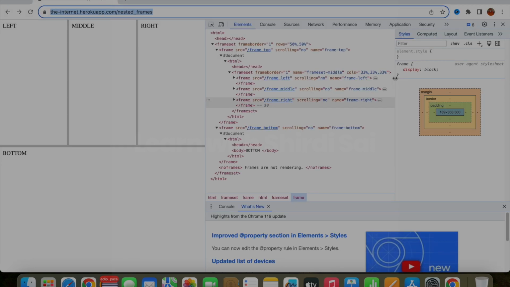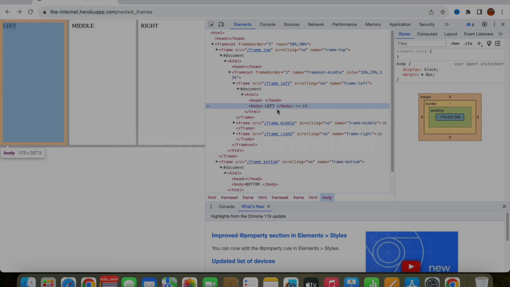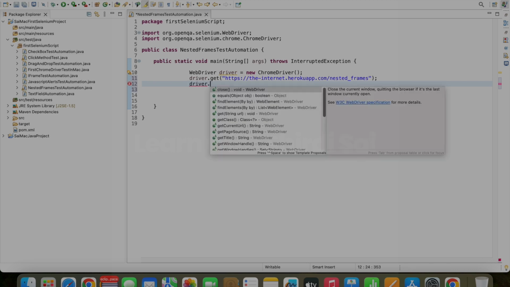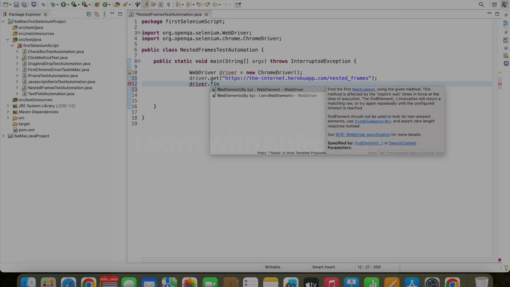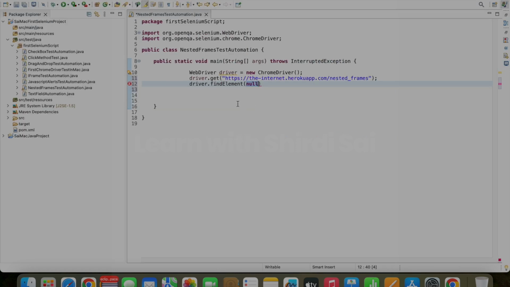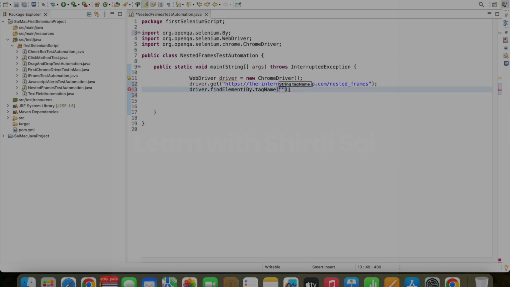After that we can find the XPath for the text. Okay, XPath or maybe some other technique. Okay, I will use the tag for this one because we are having body as a tag. So this time we will try with the tag. Okay, By dot tagName. So inside that you can give body. So after that,